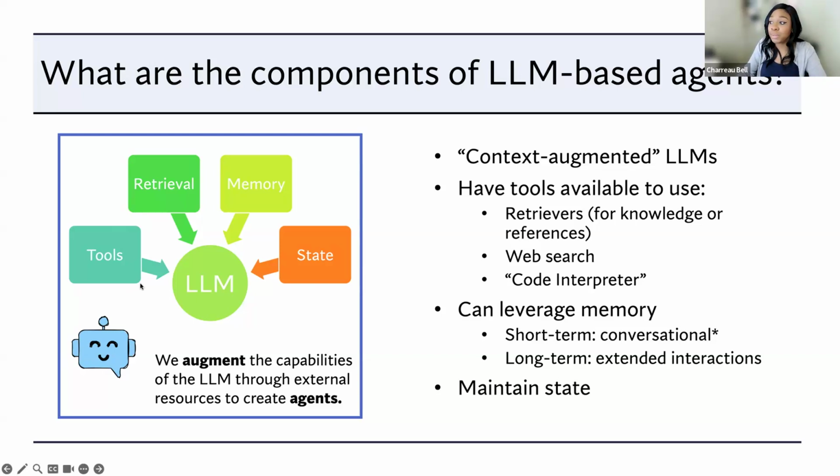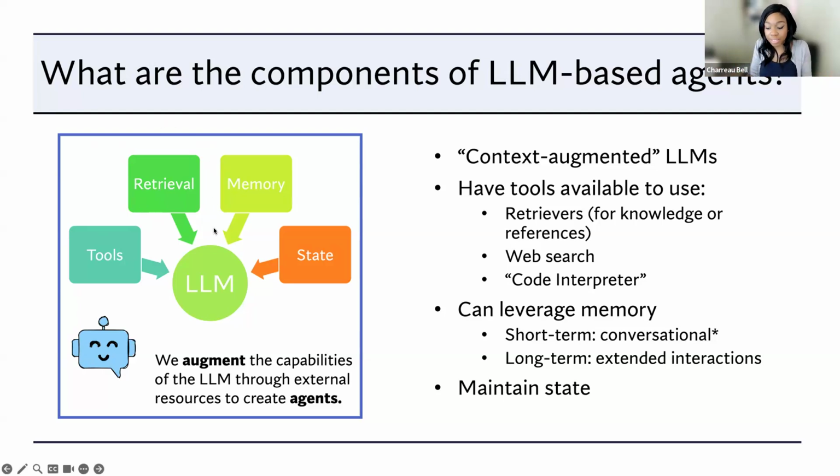Or maybe that's one of the tools that we give it. Maybe we need it to be able to read the information from a particular page of a book when all we have is a picture. Maybe we just need it to be able to identify what is in a particular image and locate it on Google Maps. We might provide any of those tools to our system so that it would be able to complete the task. We also have retrieval, which is something that you learned about last week.